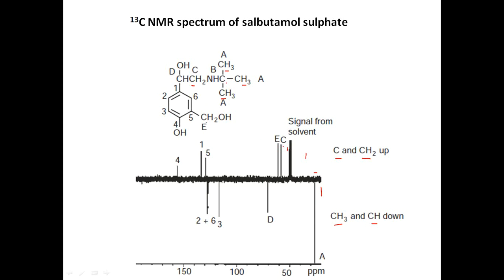Then this carbon, which is attached to oxygen and the aromatic ring system, shows around 75 ppm. Then the aromatic region is between 100 to 150 ppm, right? You can see this particular carbon is seen around 120 here, right? The C4 carbon, which is attached to oxygen and is in the phenyl ring, shows around 150.